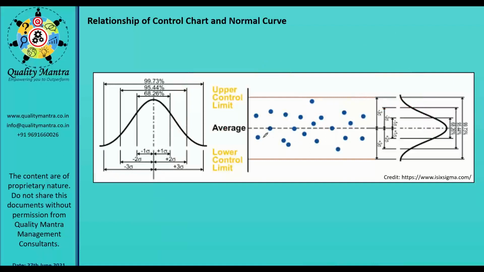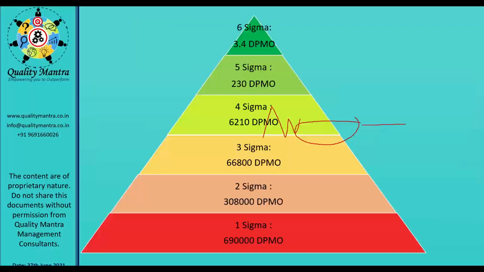This is how this graph and this graph look. This is your control chart. Actually, when we compile the control chart data, you will get the normal curve here. Your readings, if it is statistically controlled and having normal distribution, will follow that 68, 95, 99.7 rule. Now what is the significance of that? When you operate at Six Sigma level, it means your specifications are spaced at 6 standard deviation from the mean value.